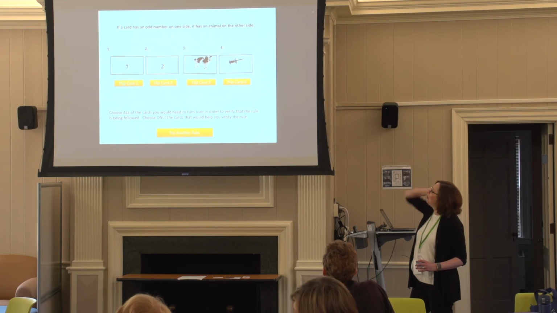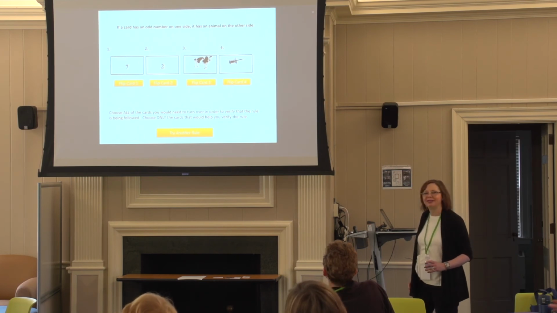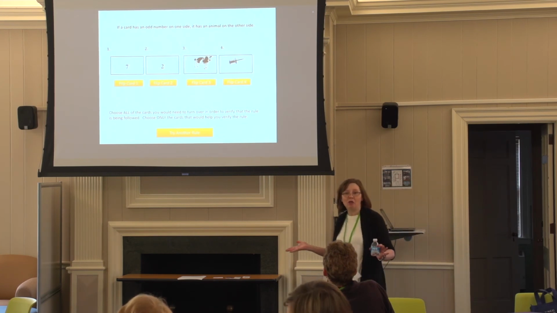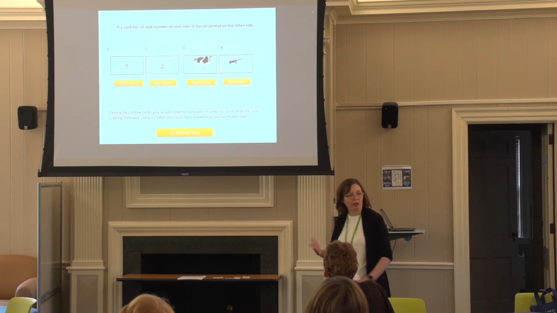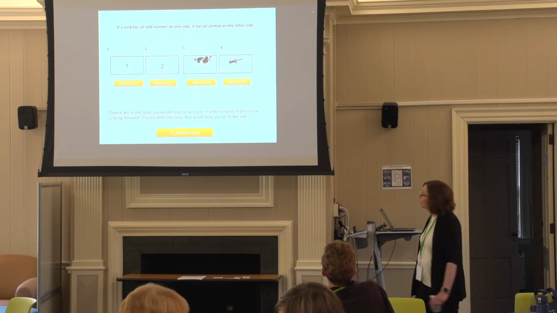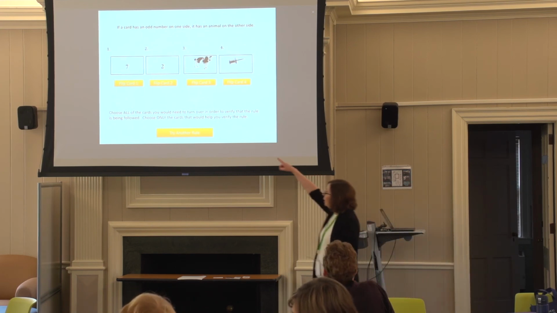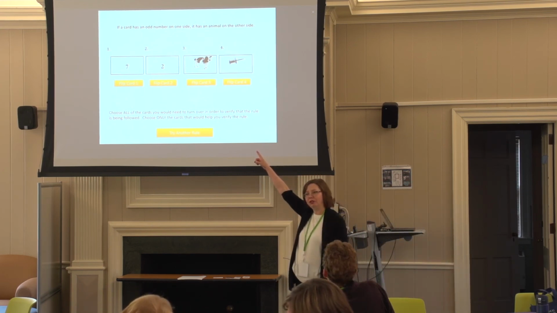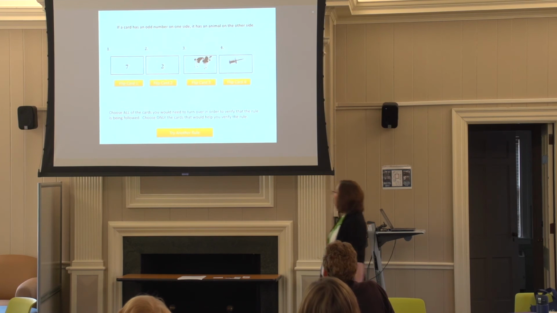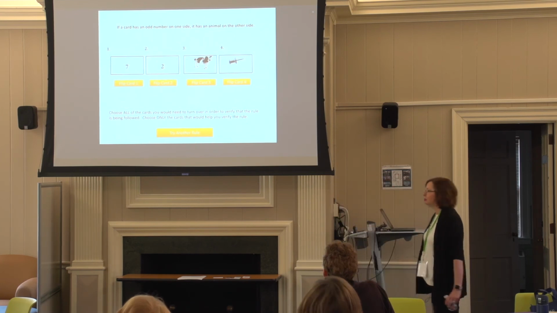Okay. So we've got card 1, 2, 3, and 4. Okay. So 1, how do we feel about 1? Yeah, that would be good because we could flip it over, and if it doesn't have an animal on the other side, then wow, hey, that rule's not being followed. How do we feel about card number 2? Probably not. Card number 3? We liked card number 3, and card number 4? You don't like that one.